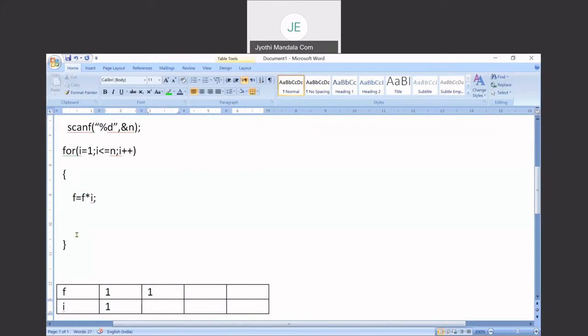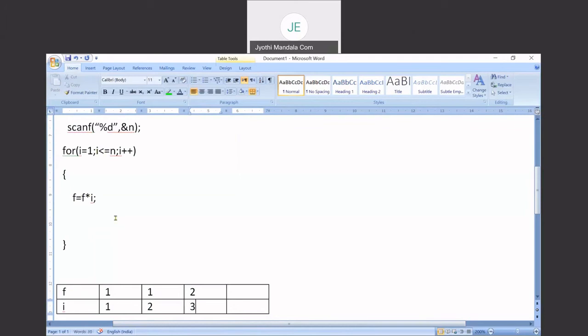There is no other statement, so the loop will come here. The i value will be incremented. So the i value is 1 now, that will be incremented to 2. Okay. Now what happens? Yes, 2 is less than 5 according to our input. Now it will come here, f star i. What is f? f contains 1. 1 star, what is our i value? 2. 1 star 2 is 2. Got it? Now again the i value will be incremented. The i value will now be 3, and 3 is less than n.